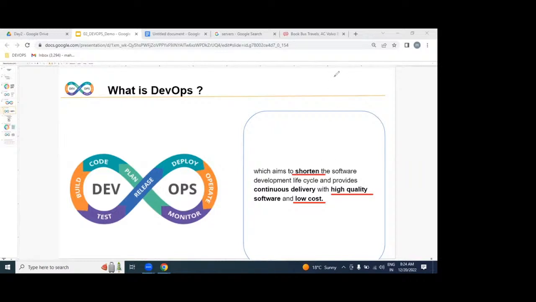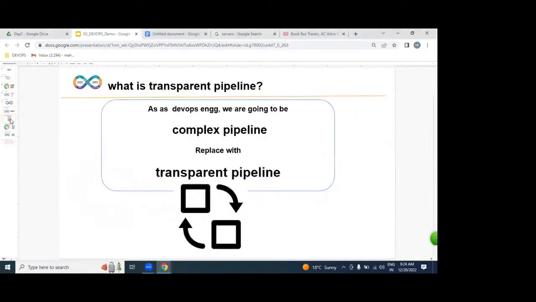It is nothing but DevOps. But actually, what are the roles and responsibilities? Once you step into the company, what is the first priority goal? What is the major first goal? Have you remembered? Replacing the complex pipeline with a transparent pipeline.